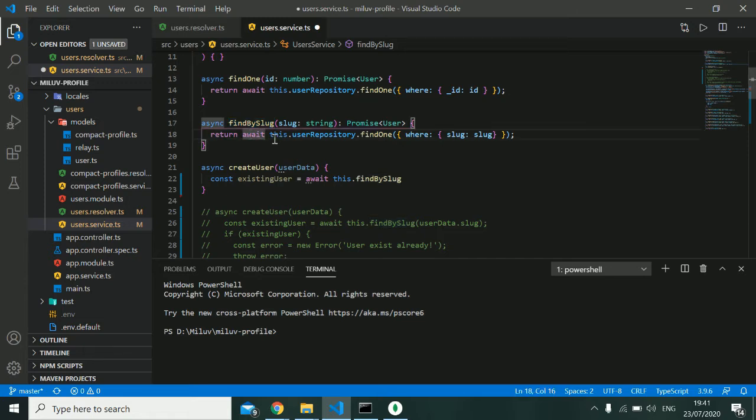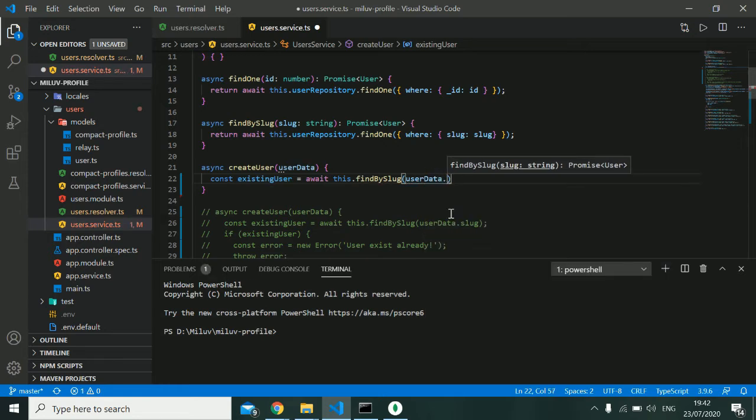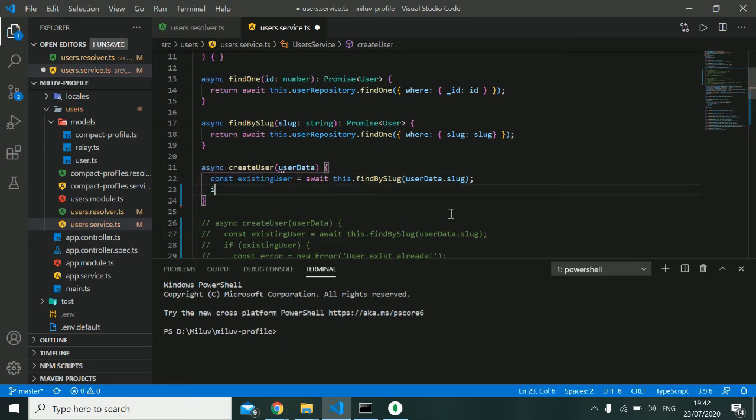I just have one line of code here, and this is connecting to our user collection in our MongoDB database. I'm just gonna find one with the inputted slug. So I'm gonna find by slug, and we're gonna extract our user data here,